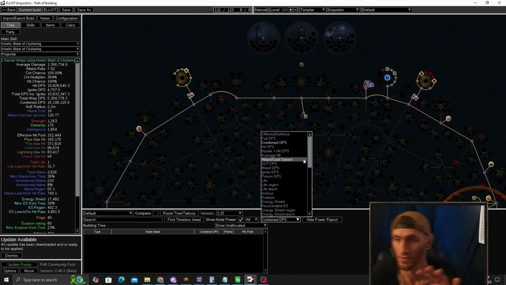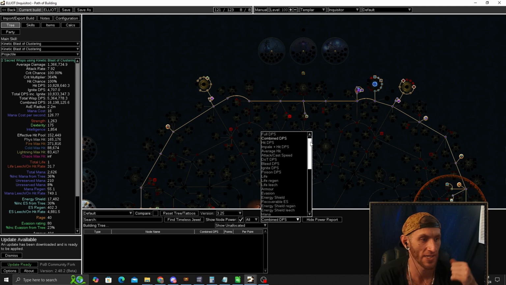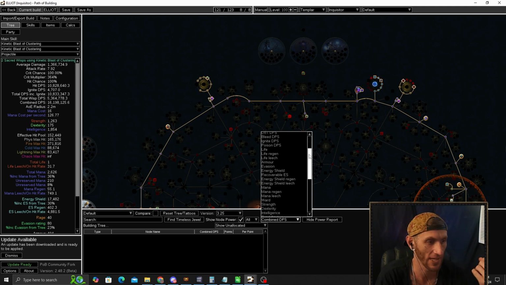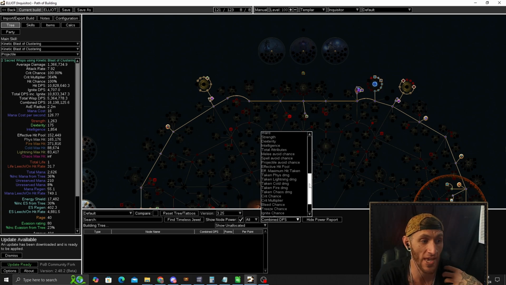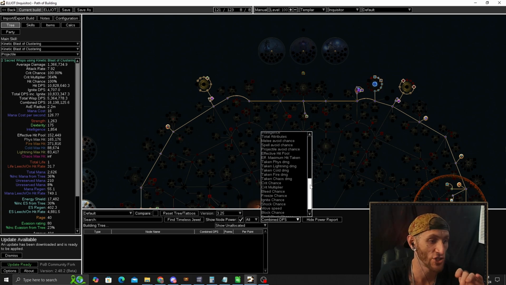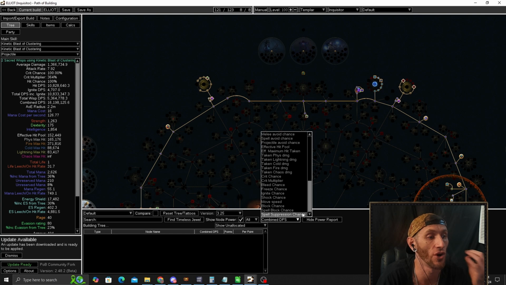Now in here, I can do anything. So I can search for combined DPS. I can go hit DPS. I can go average hit, attack speed, ES, survivability, int, whatever I want. Like EHP, it's just crazy. It's crazy what you can do in here. Spell suppression. I can know where my spell suppression is. I can know...